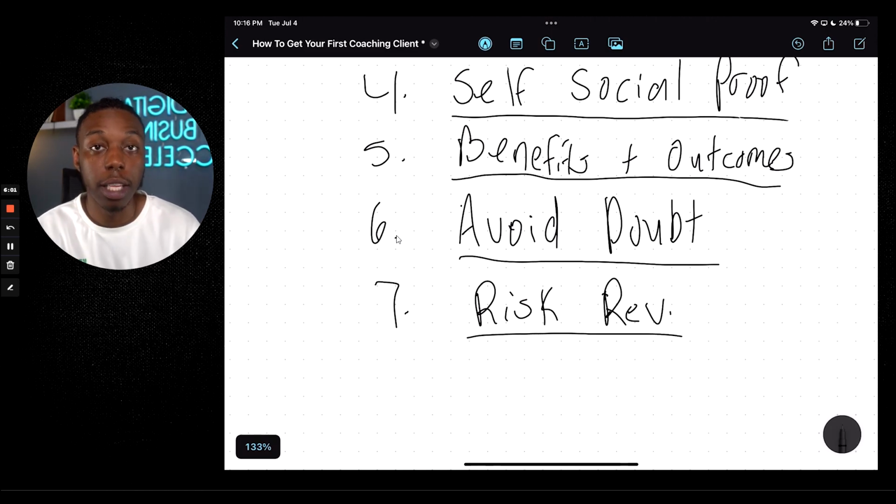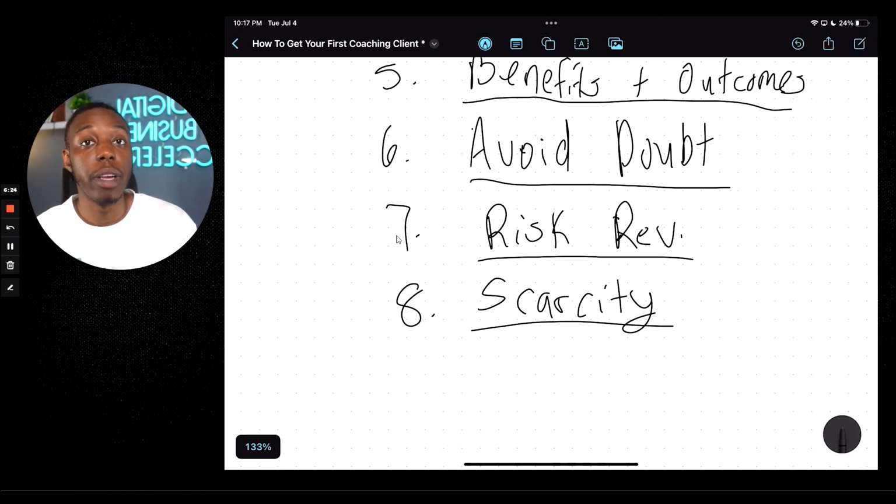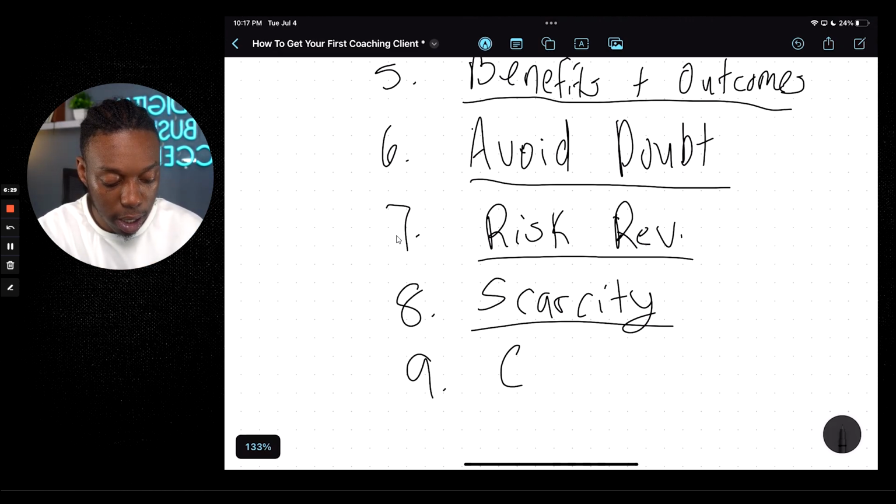I'm so confident that this system is going to work for anyone that comes inside. And if it doesn't get you 10 clients in 90 days, I work with you for free until it does, or I give you your money back, whichever guarantee you want to throw in there. But then we're going to also use scarcity. My apologies if I said that wrong. Only caveat though is that this is only going to be available for 3 people by the end of this Friday. So if you want to get in, now is the time.